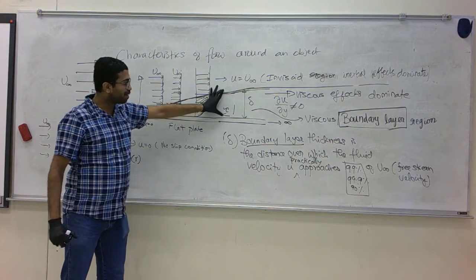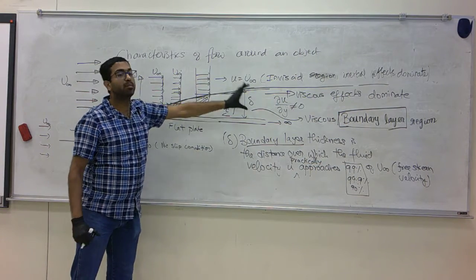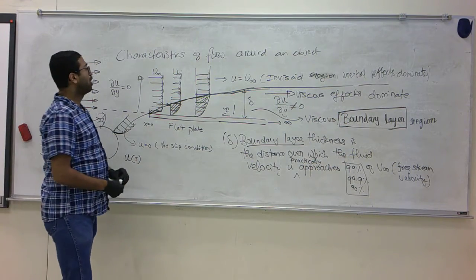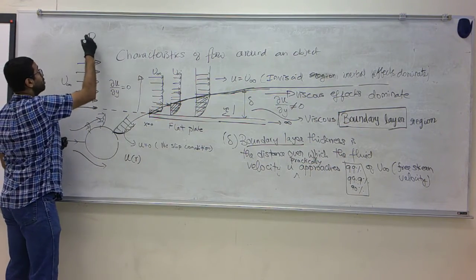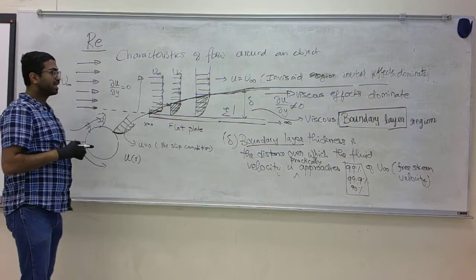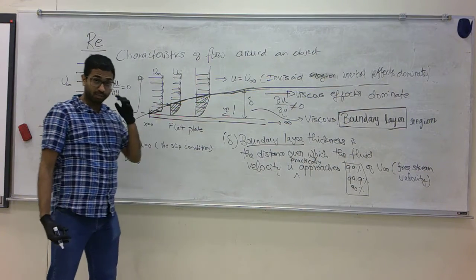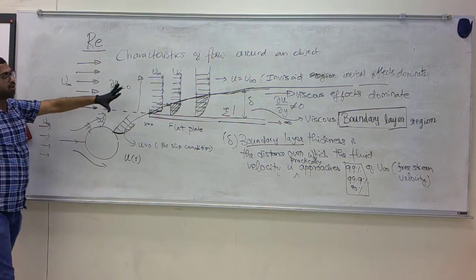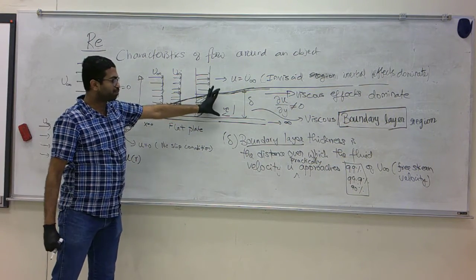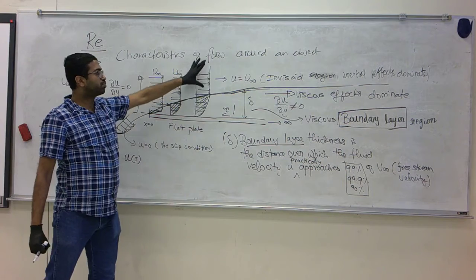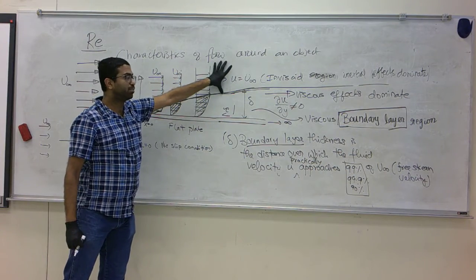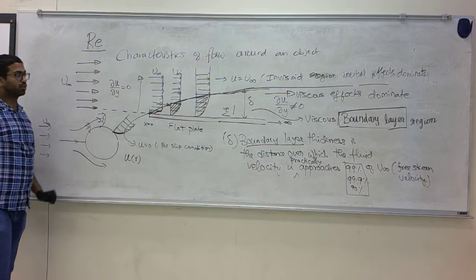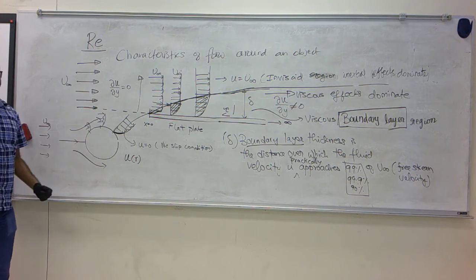You can have a laminar boundary layer or even a turbulent boundary layer depending on how much kinetic energy there is in the flow, or depending on what is the Reynolds number of the flow. So there are all kinds of combinations that are possible, we will see some of them, but the idea is you have Reynolds number determining how much momentum there is in the flow, both in the inviscid region and also in the viscous region. So we'll see some of that in the next part.